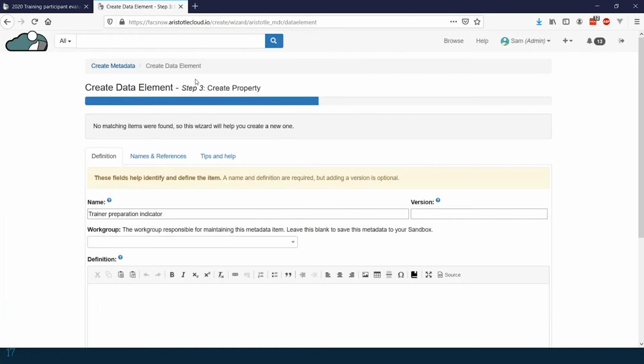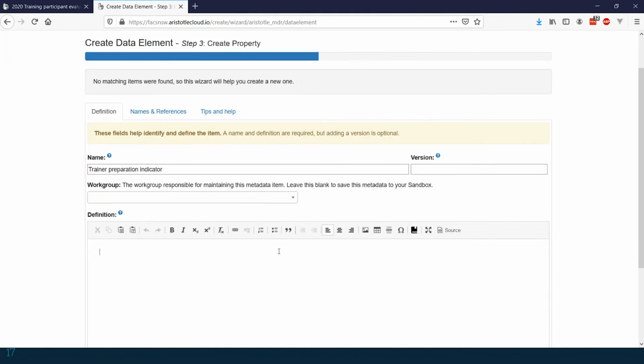So the very next step that it's going to say is, well, I want you to create this property. So you've told me that you're interested in collecting trainer preparation indicators about a training session. So we're going to have to define that. So this is an indicator